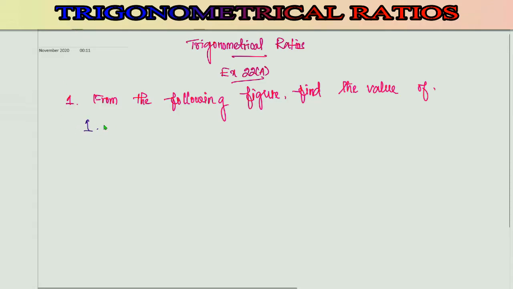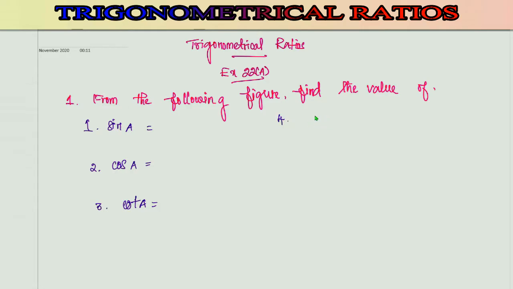We need to find sin A. The second one is cos A, and the third sub question they have given cot A. Next, the fourth one, secant C, and the fifth one, cosecant C,